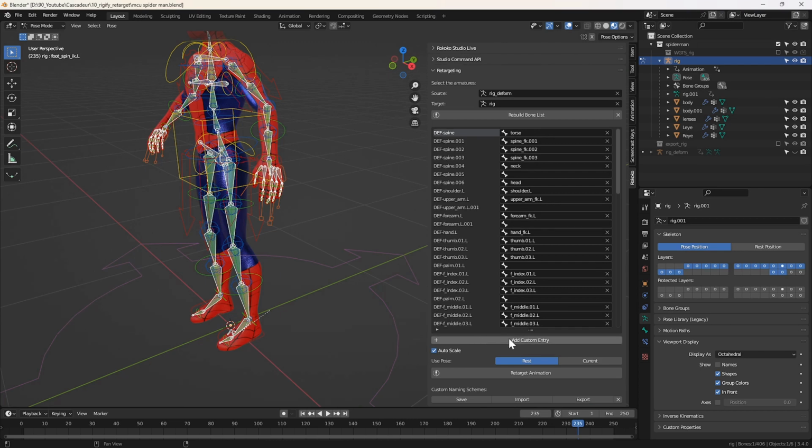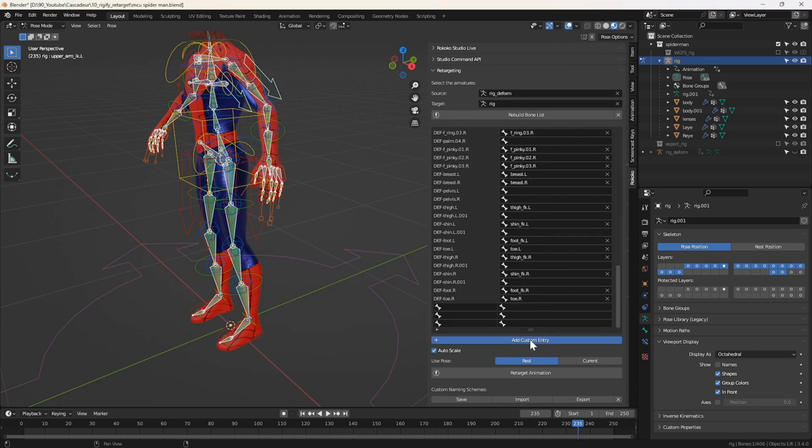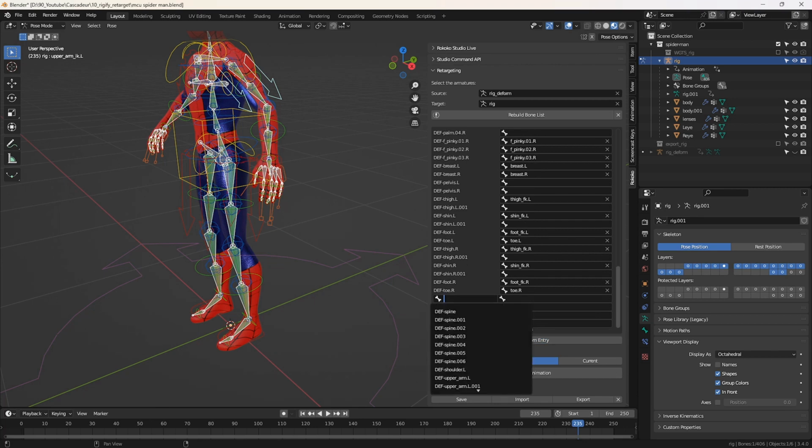Okay, I just realized I had an older version of the Rococo add-on. In the newest version you can add custom entries, and you will need to add multiple entries to retarget to the IK armature. Again, CG Dive has a video about this that I will link in the description, but in my case I will only need the foot IK controller and this thigh controller and the arm IK and this upper arm IK. So I will add 4 custom bones, and I will need the upper arm left, the hand left,